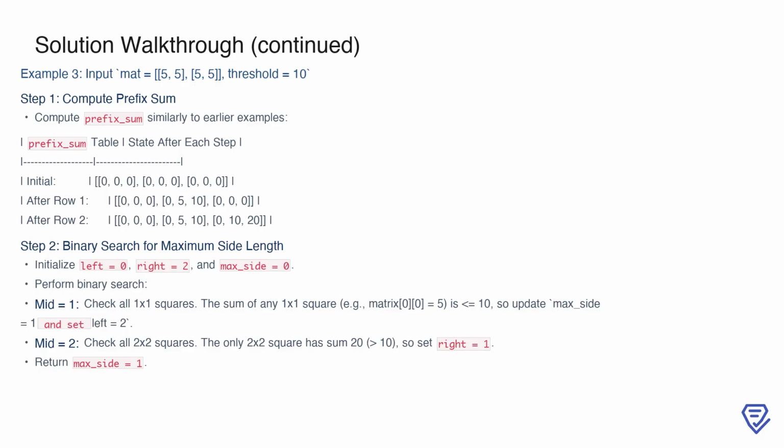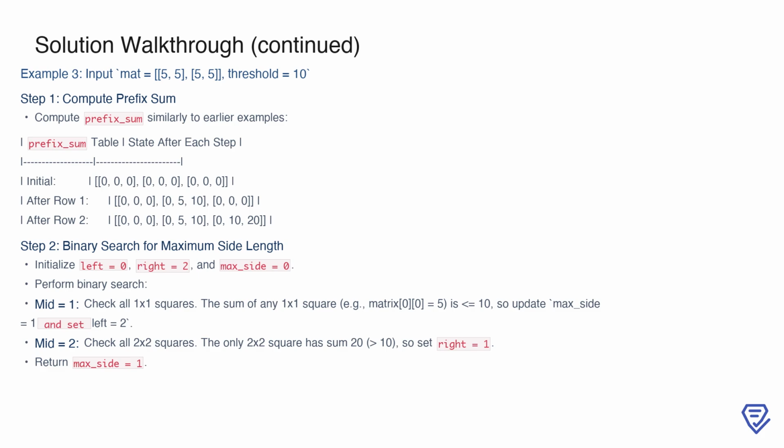Setting left to 0 and right to 2, we test midpoints. For mid equals 1, we check all 1 by 1 squares. Since each square satisfies the threshold of 10, we update max_side to 1 and adjust left to 2. For mid equals 2, the only 2 by 2 square exceeds the threshold with a sum of 20, so we decrease right to 1. The binary search concludes with a maximum side length of 1, which is returned as the